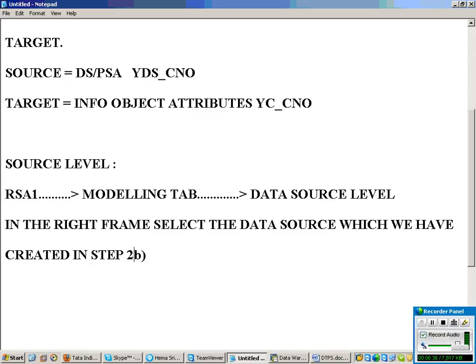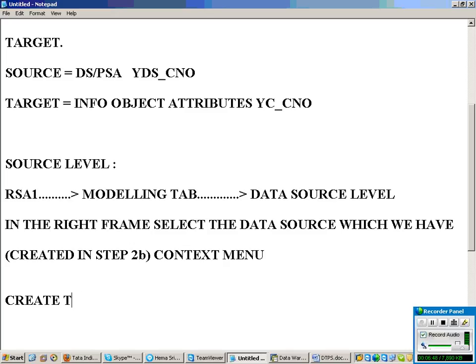Last class we did up to step 2B, right? Select it, then from the context menu you select Create Transformations.